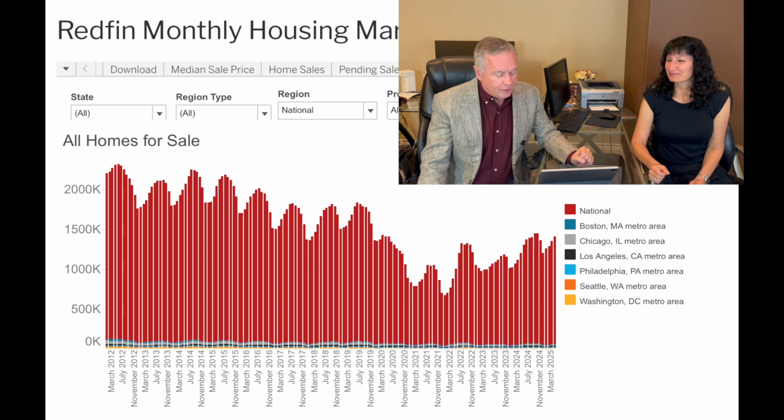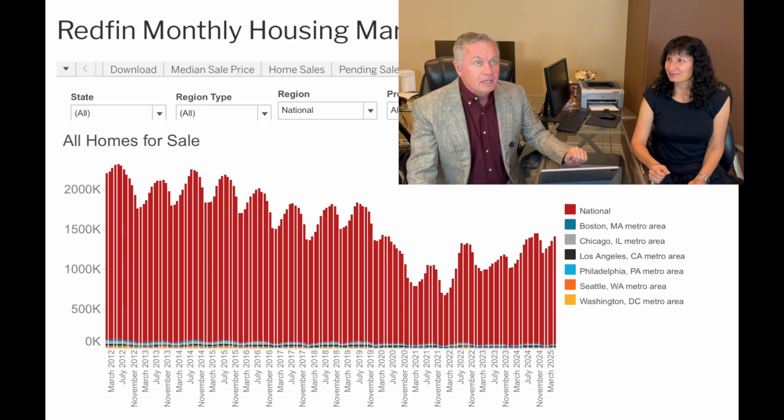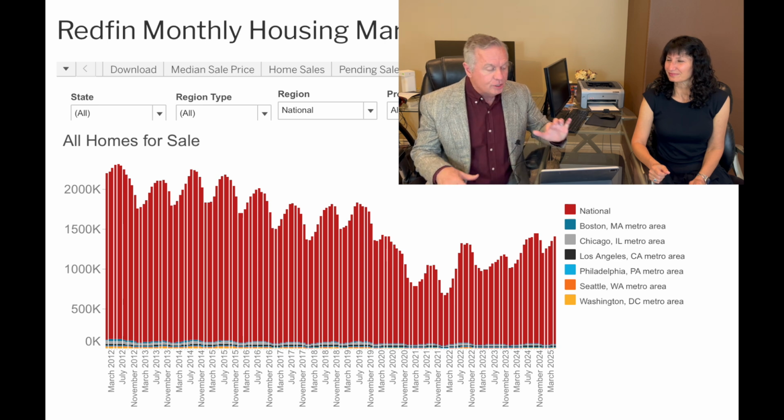This is them saying how many homes are on the market right now. That little red line all the way to the right, national, see, it's red. It goes all the way back to January of 2012. They're showing we basically have about the same number we had last year, and a little more than in 2022. But if you go back to 2019, 18, 17, 16, 15, 14, we have like 500,000 more homes on the market in those previous years. So whatever they're saying the number is, it was 500,000 more.